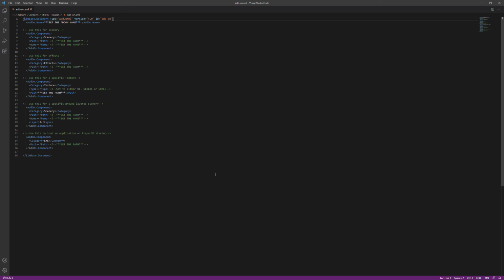As you can see in my template, there are many different things you can load into the sim, like an application, or like a ground layered scenery, which is like an altitude scenery file typically. But we are only going to be using these top two here, which is the scenery, like a normal scenery, and effects. We don't have any separate texture folders, we don't have any separate scenery folders,